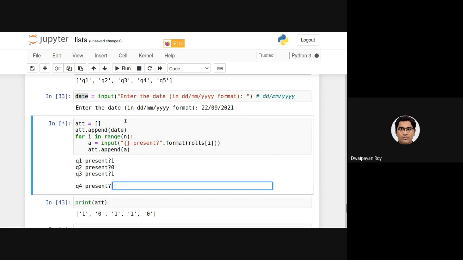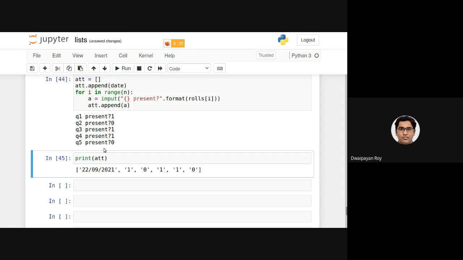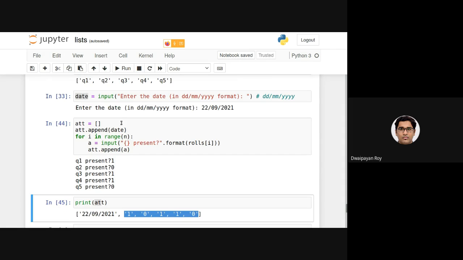Present, absent, present, present, absent. Now if I print it, you can see this att list is containing 6 items. The first item is the date, and from the second onward up to the last item is containing the attendance value for individual students, right?